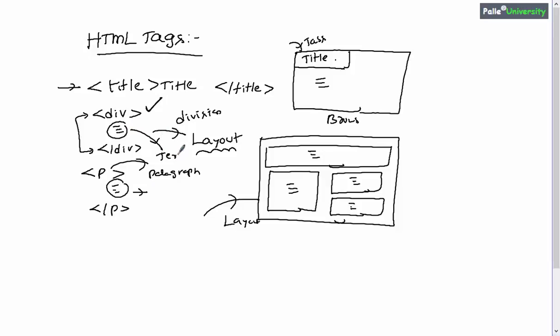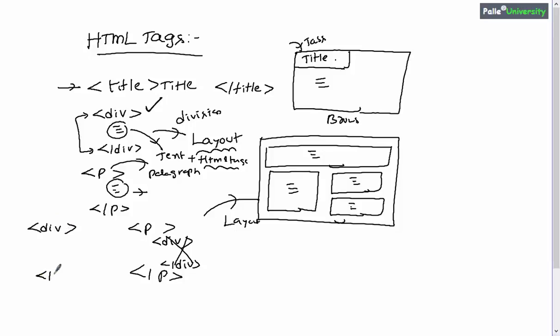It can be plain text content or some other HTML tags also you are allowed to use inside the div tag. Okay. But you remember one important point: you cannot place a div tag inside the p tag. If you have a p tag, you should not place the div tag inside the p tag, which is an incorrect approach. But anyhow, the reverse is possible.